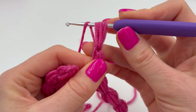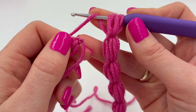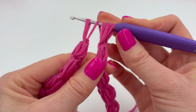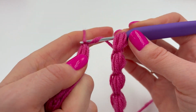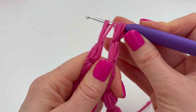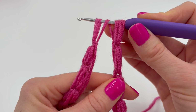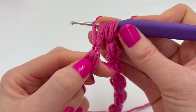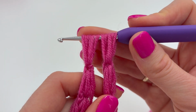Okay, you've got your 5 loops, you've yarned over. Now you're going to insert the hook through the first chain stitch that we made and pull the yarn up to regular length. Now it's really important that you do not tighten so that you end up with something looking like this, because you want to build another petal of the same size, 2 petals together. So pull the yarn to the regular height, yarn over again, insert one more time to the chain stitch and pull up. Now you've got 5 loops on the first petal and 4 on the second one,